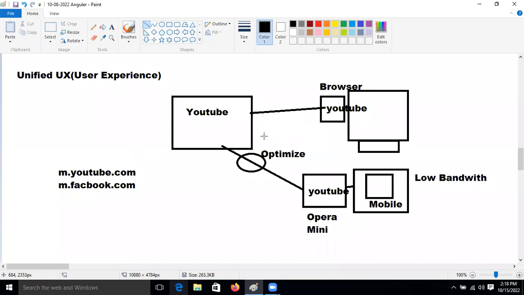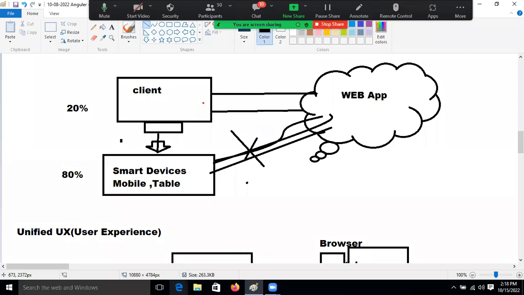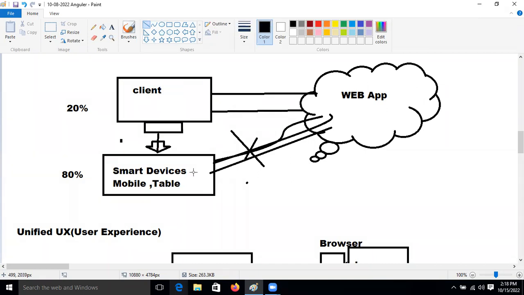Then anyone can use it, because nowadays, compared to our desktop or laptop, we are using so many things on the mobile only, right? Everything we are using in the mobile application.